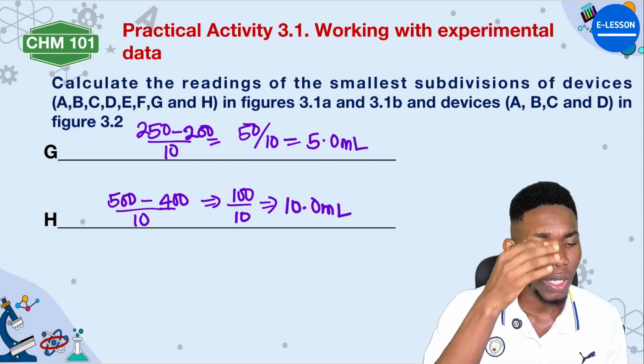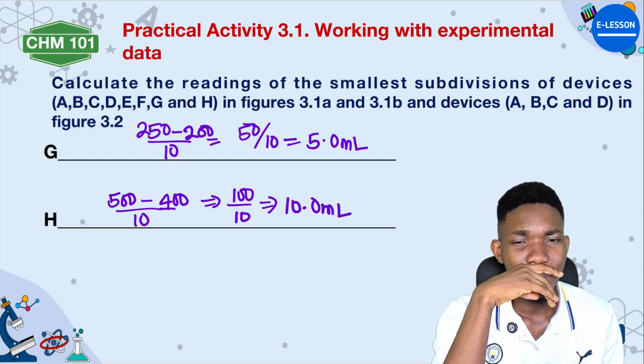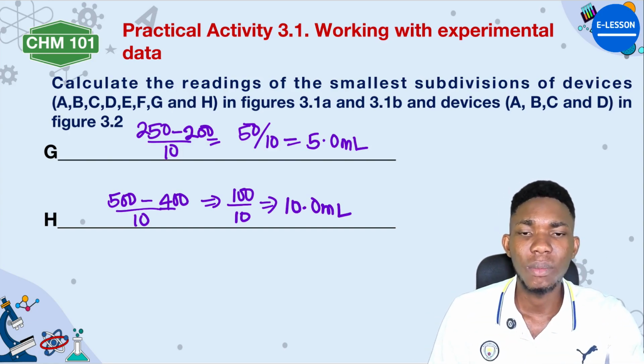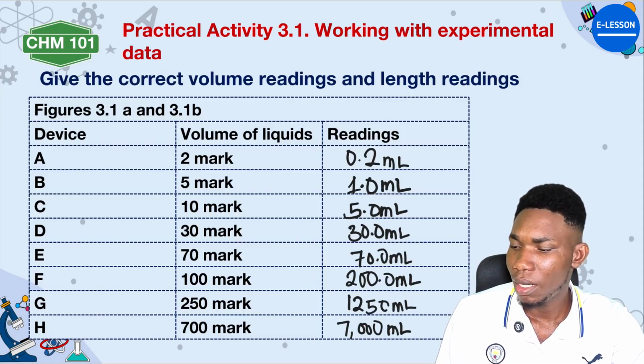Cylinder is 1000 mil. So it's not possible for us to get 7000 mil. But what they actually expected of us for this particular table is quite obscure, not clear. It's kind of vague, but let's just leave it like this. All right? Because if they just want to say as